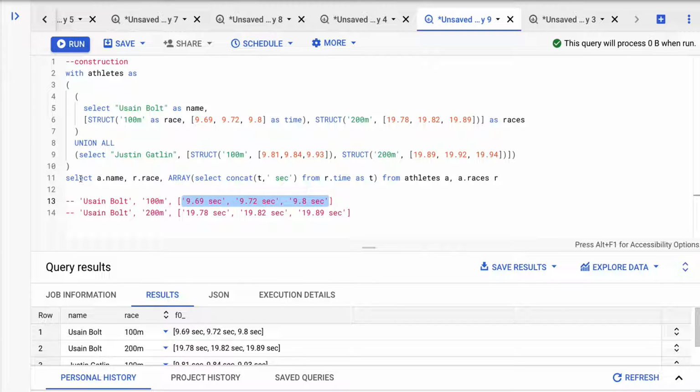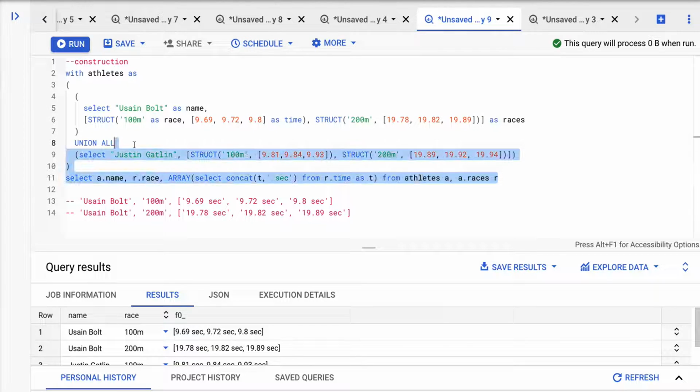In order to achieve this, we are writing a query as shown here: select name comma race, and we are calling the ARRAY function. In the array function, we are saying concatenate t comma seconds, where t is the time. Here we are first joining between the athletes and an Unnest of races. That will expose the time column in the races. We are accessing that time column with r.time here. This is actually an Unnest of r.time, and we are concatenating each element of the array with the seconds. So when we run this query,